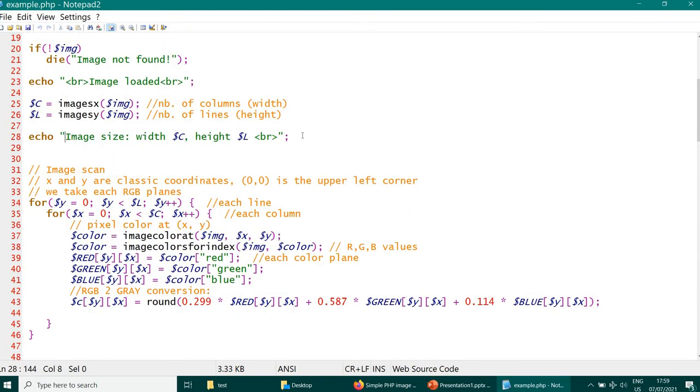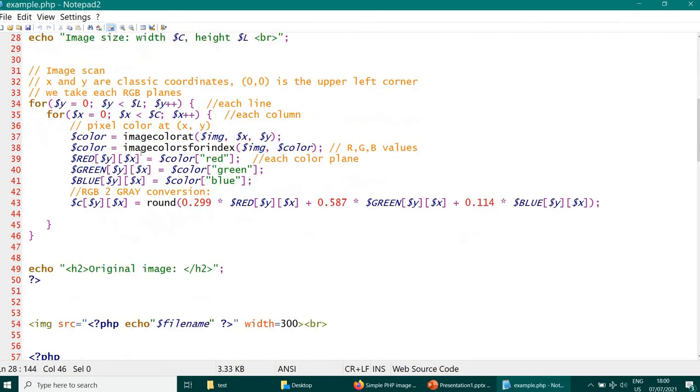I plot this, and this is the main part that I would like to present here: how to access the image pixels. It is an RGB image, of course, and there are, as you know, three color planes: the red, green and blue color planes.